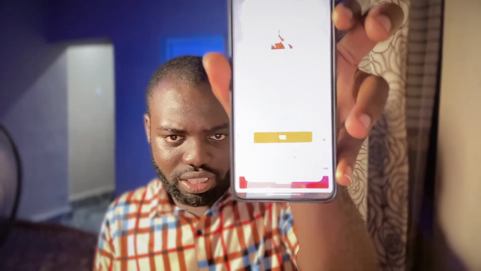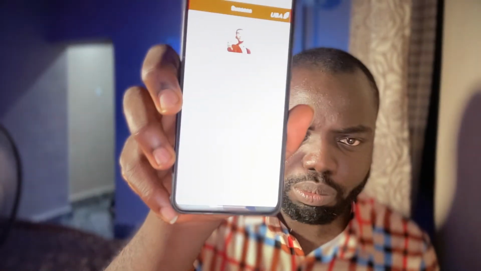Can you get the focus up? Okay, I think it's because it's white. I don't think it picks focus.